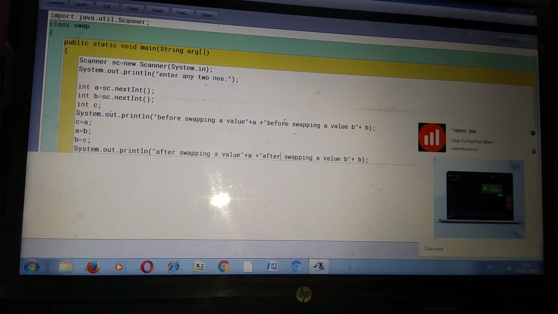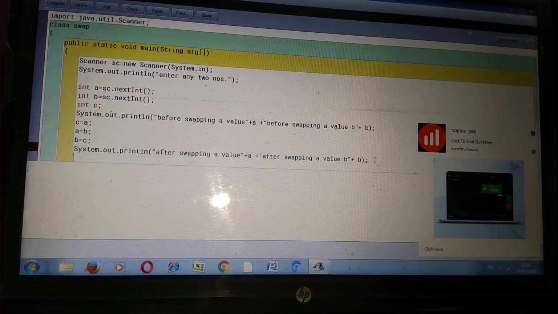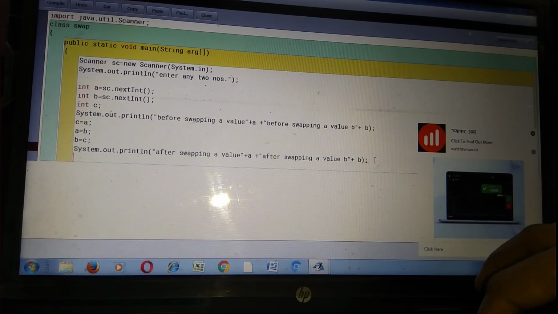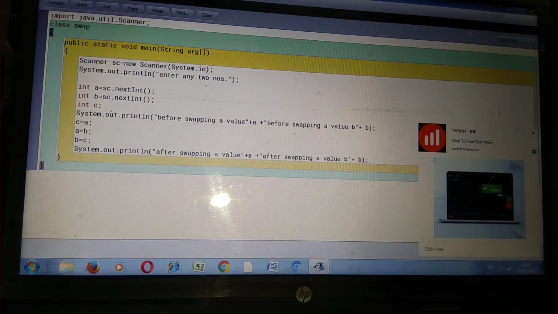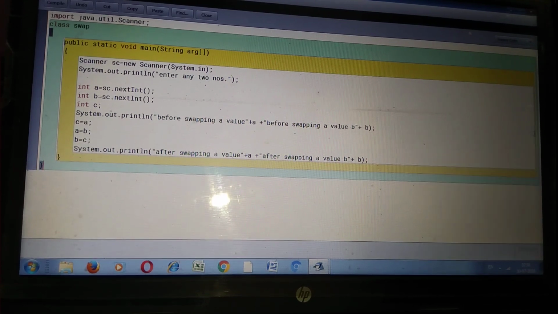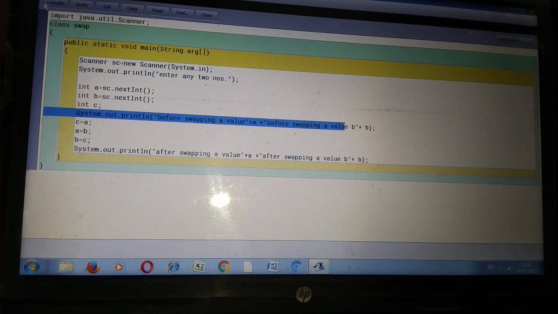Okay, now after this close the method and close the class. Now compile your program. Click on the compile button.